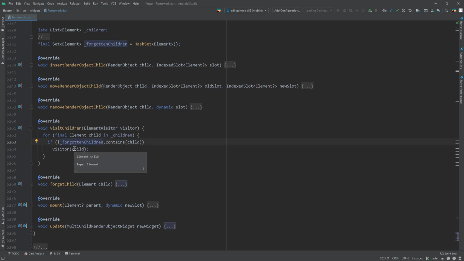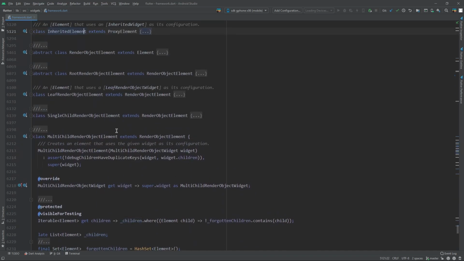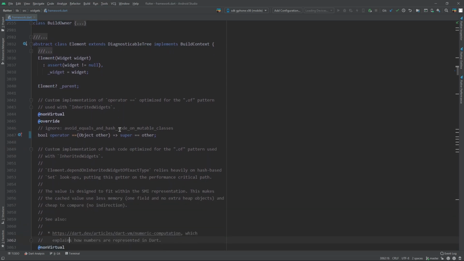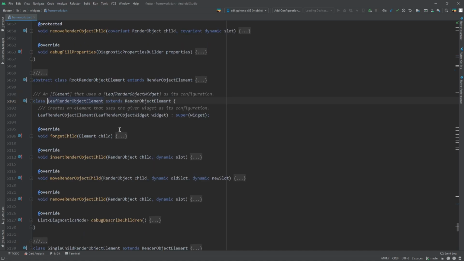So we have a different implementation. This is really, I think, a beautiful design decision again, where the children are not declared on the element itself, but every element has its own chance to implement the children, because some element might just have a single child, for example. Or if we take a look at a leaf render object element, there is no child at all, which means